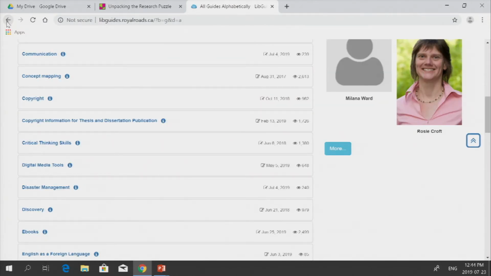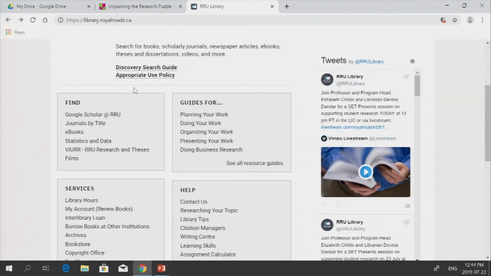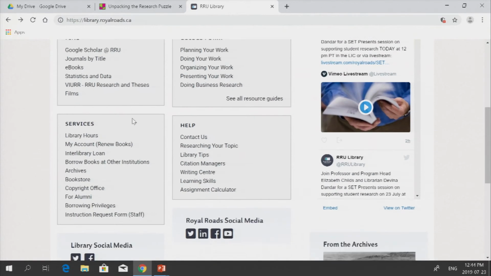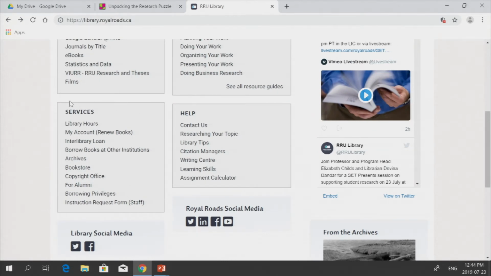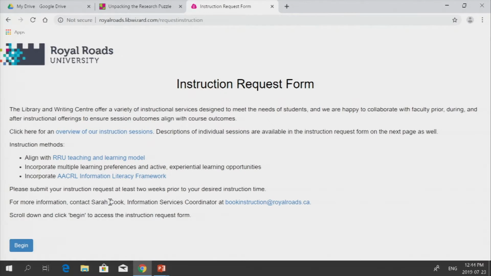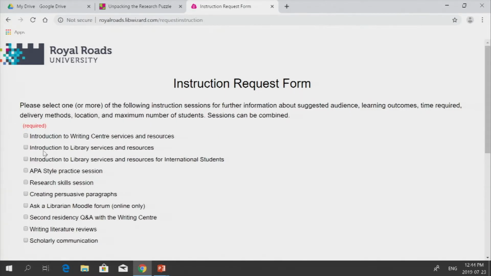I'll go back a little bit to talk about instruction. So when faculty or instructors need research skills sessions, or they need the Ask the Librarian Moodle forum, for example, to support some of that research, they can go down to a box here for services, and we actually have an instruction request form that, when you click on it, provides you an overview of the instruction that the library provides to support students' research. And if you click on the Begin button,